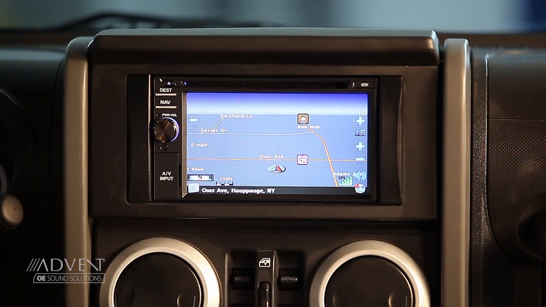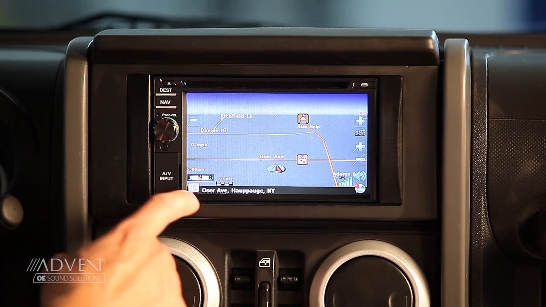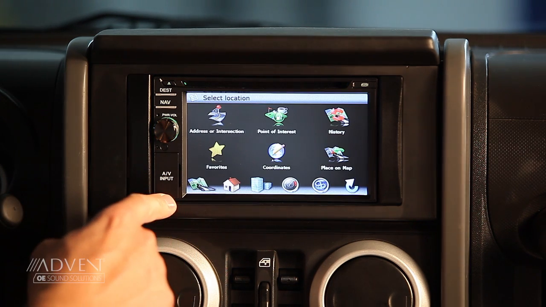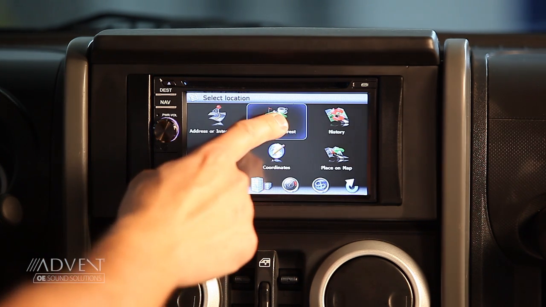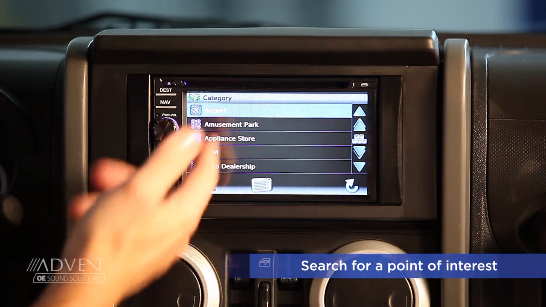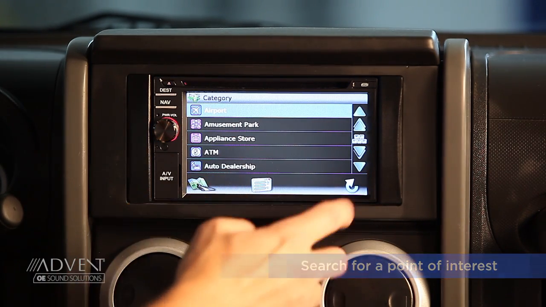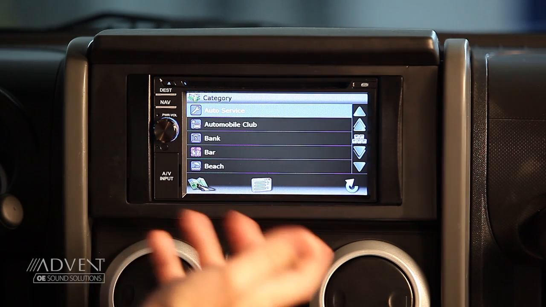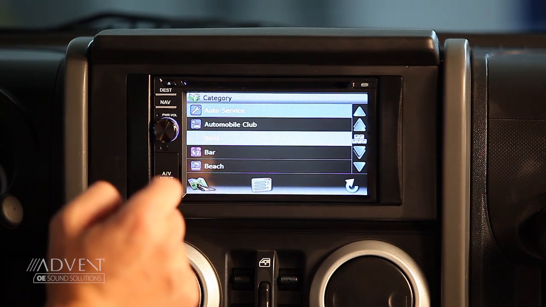Another key function is setting up your points of interest. To do that, once again, hit your navigation main menu, come up and click point of interest, and here's where you go into your category. If you want to go to an airport, an ATM, let's say you want to go down to a bank, for instance. Hit bank,